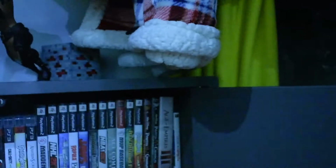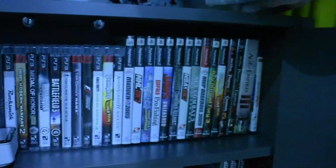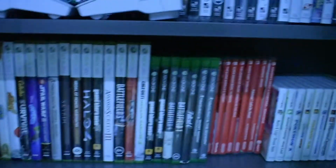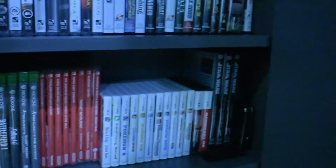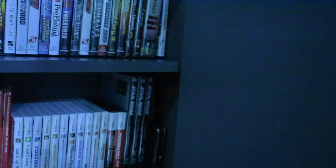Here we have a bunch of old games, except for these. This is Age of Empires and Diary of a Wimpy Kid on Blu-ray for some reason. I don't remember us ever buying that. And some Pirates of the Caribbean movies. Bunch of PlayStation 2, PlayStation 3. Then down here we have Xbox 360, Xbox One, Switch, DS, and then 2 Star Wars movies and some bonus